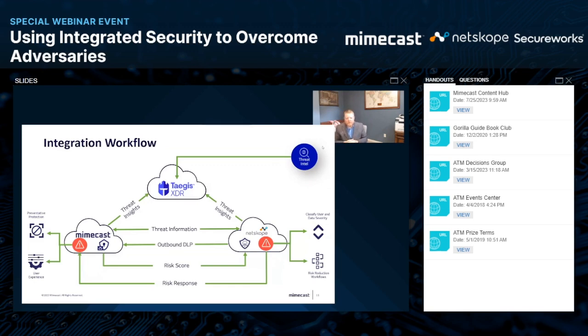What we've done, though, based off of the Taegis analysts, is they said, well, that's great. I want more information on why things were blocked. So we incorporated what we call our threat protection logs, which is really just more intel based off of the reasons why things were bad. So we give you our URL click logs, all the details of the scanning. We give you our attachment scanning detail logs. We have the ability for you to capture our impersonation logs. So all those AI services that determine that this person's impersonating, all of that rich information is brought into the Taegis platform, along with David, from Netskope's perspective.